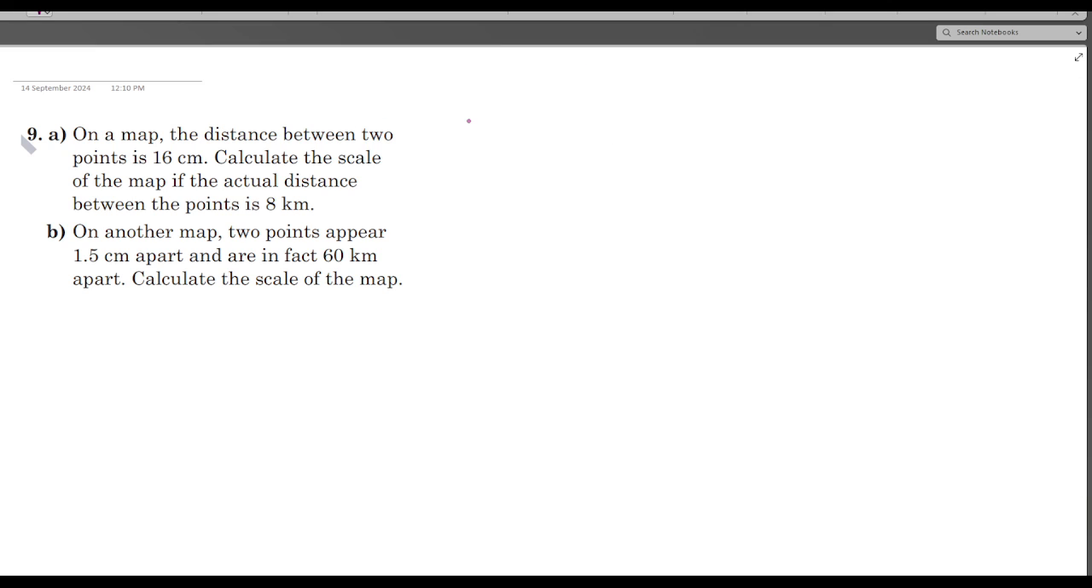On a map, the distance between 2 points is 16 centimeter. Calculate the scale of the map if the actual distance between the 2 points is 8 kilometer. So your 16 centimeter corresponds to 8 kilometer. So first thing, I should keep unit same. So here your 16 centimeter will correspond to 8 kilometer, which is your 8,000 meter, and 1 meter is 100 centimeter. Okay, so 16 centimeter will be equal to